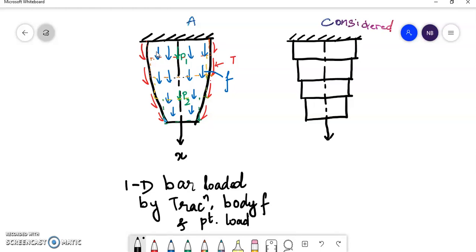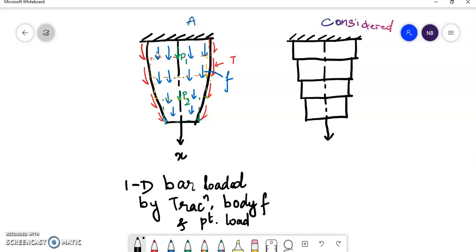Now the next, the bar is modeled using 4 finite elements. That is, a bar is divided into 4 regions. The average cross-sectional area within each region is evaluated and then used to define an element with uniform cross-section. Now, in the finite element model, every element connects 2 nodes. The element numbers are circled to distinguish them from the node numbers.